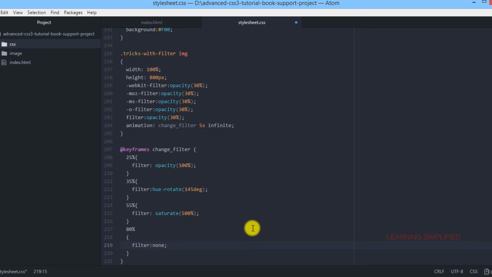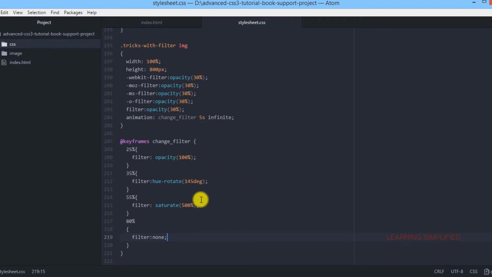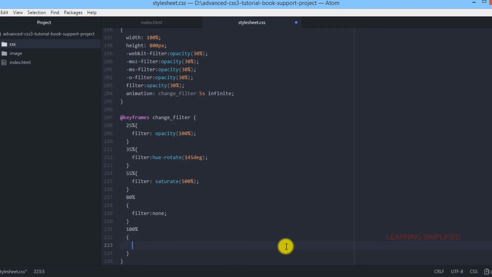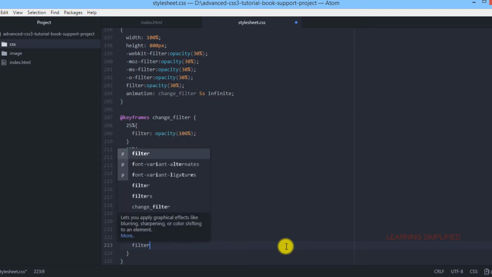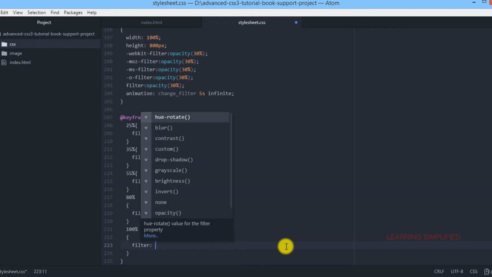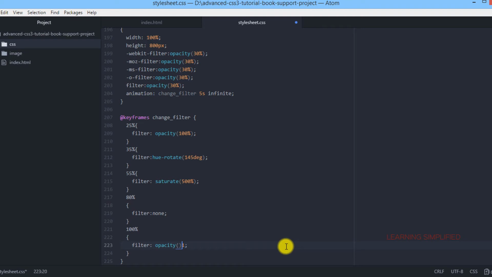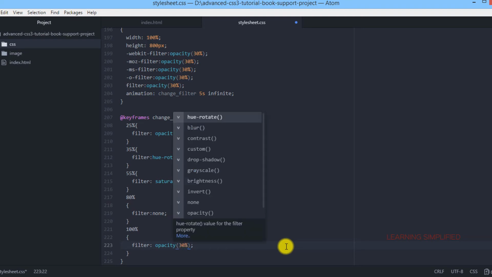That means the image will retain its original properties over here. And at the last keyframe here, we are providing 100%. At the 100% keyframe, it will execute a filter property with an opacity of 30% again.